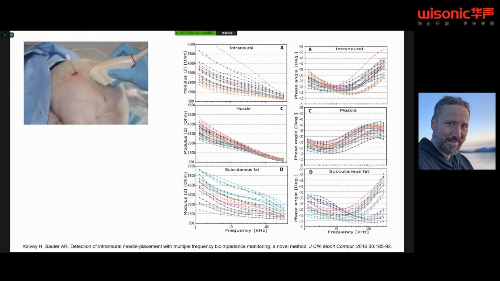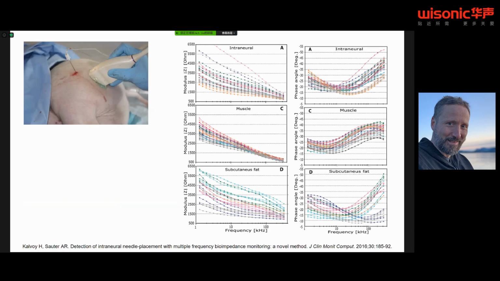I want to show you the results from our study that we performed in Oslo and published in 2016, where we compared different needle positions in a pig model. We compared intraneural with muscular with subcutaneous fat. And as I told you before, we're talking about a pair of numbers. On the left-hand side, we measure the modulus, and on the right-hand side, we measure the phase angles, and then we use different frequencies. So from left to right, all the dots represent one measurement with an increased frequency up to